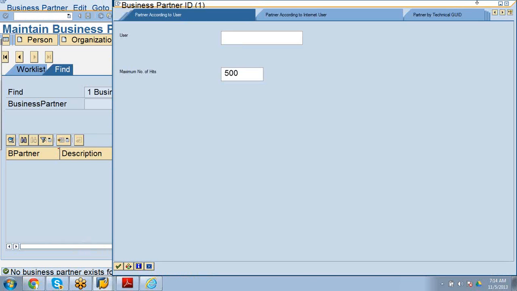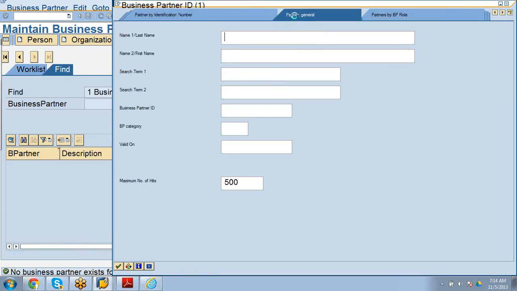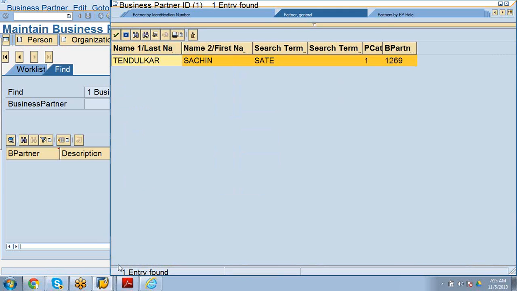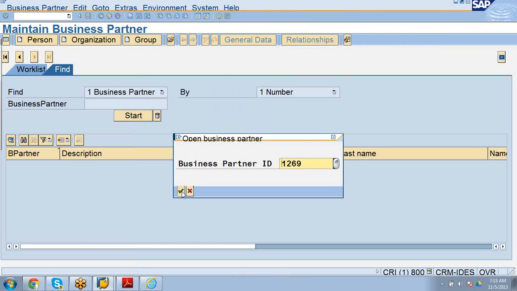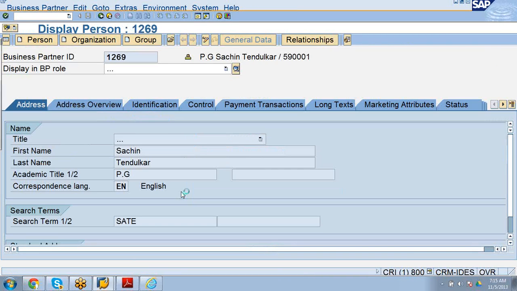We need to give a particular one. Just a minute. Select business partner ID 1269. Double click and find the same business partner in the SAP GUI.